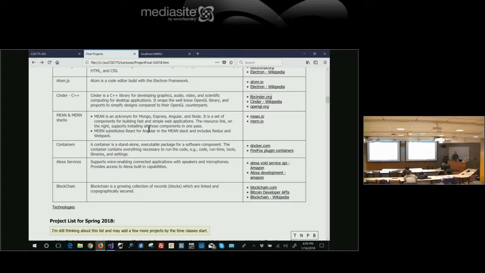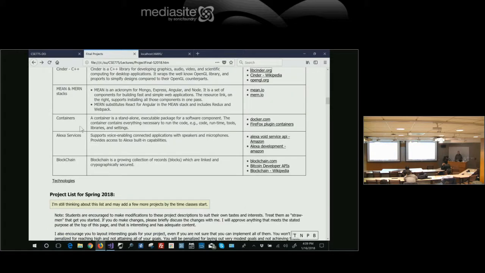Container technology might be useful in some of these projects. A container basically is a standalone executable that packages up everything necessary for that executable. In other words, you have a bunch of properties, you have some DLLs, from an environment.